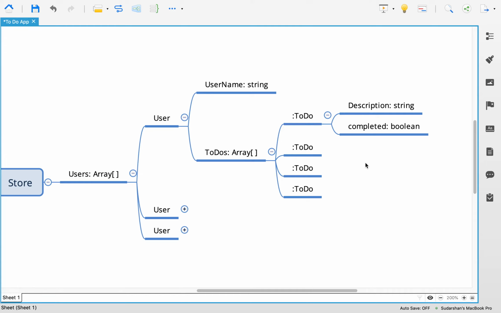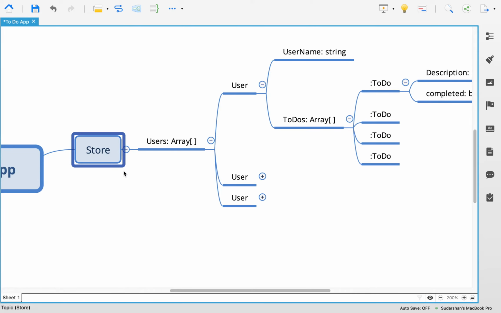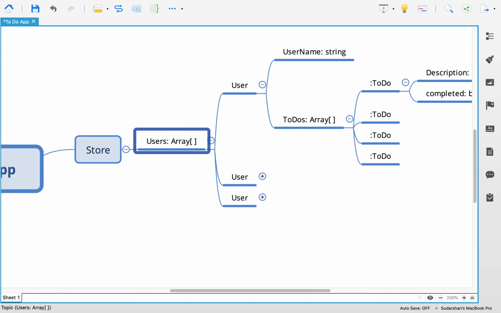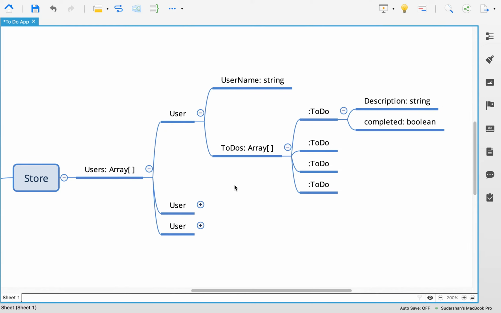I have one question. Yes, Clayton. Inside the store, can we have more arrays like users? Yes, we can have it. Inside a store, you can have anything. We can even have a function. We are going to use a function. I will tell you when we start the programming. Okay. So shall I proceed with this in our backend application?